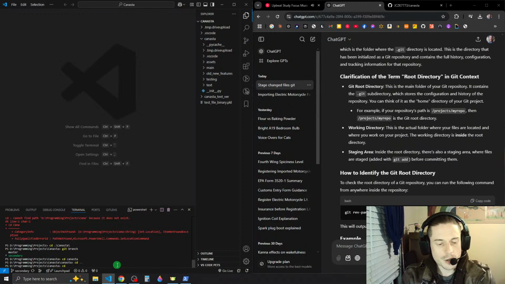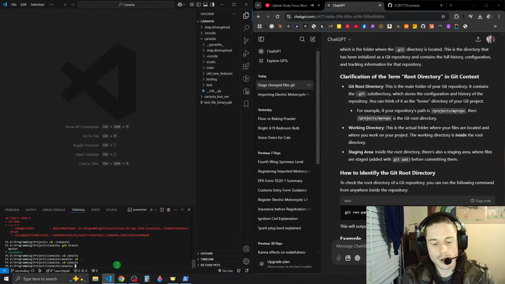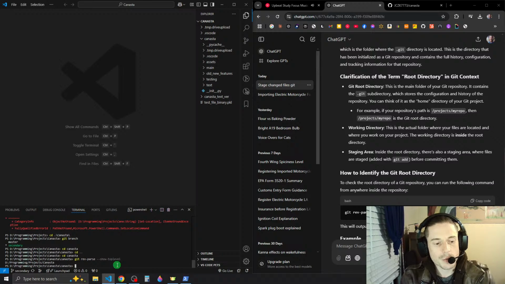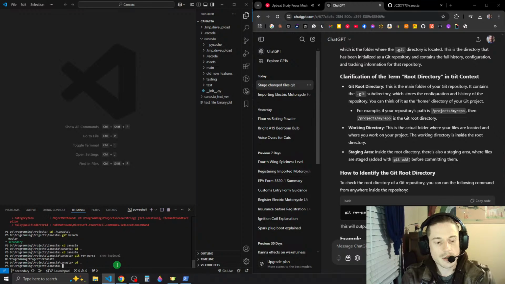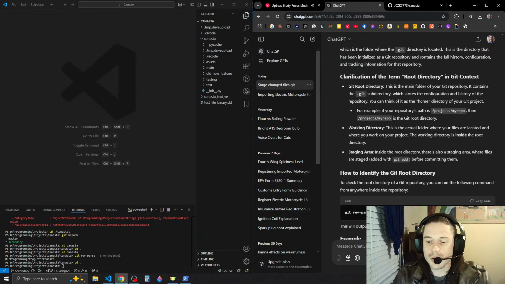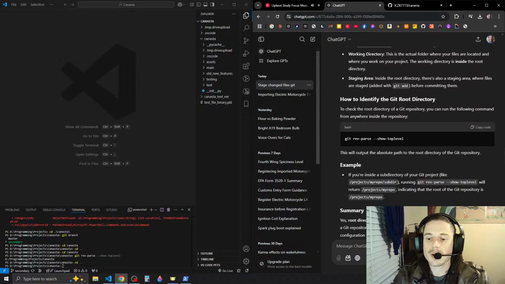So if we go into the working directory and do git rev-parse --show-toplevel, it will tell us what the root directory is, which we already knew it was. This will output the absolute path to the root directory of the git repository.